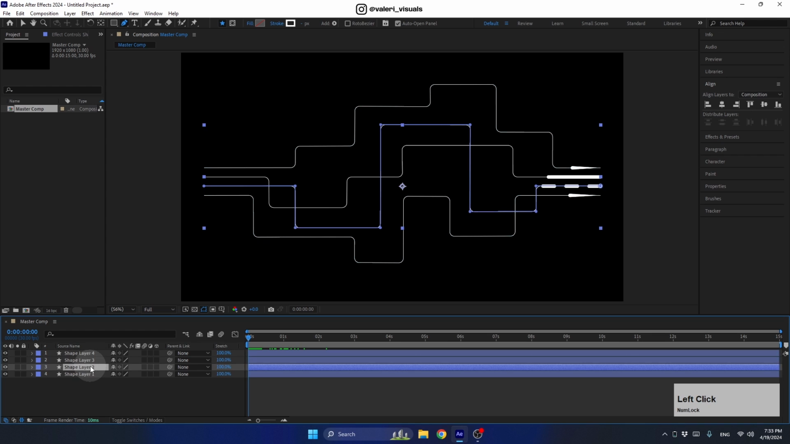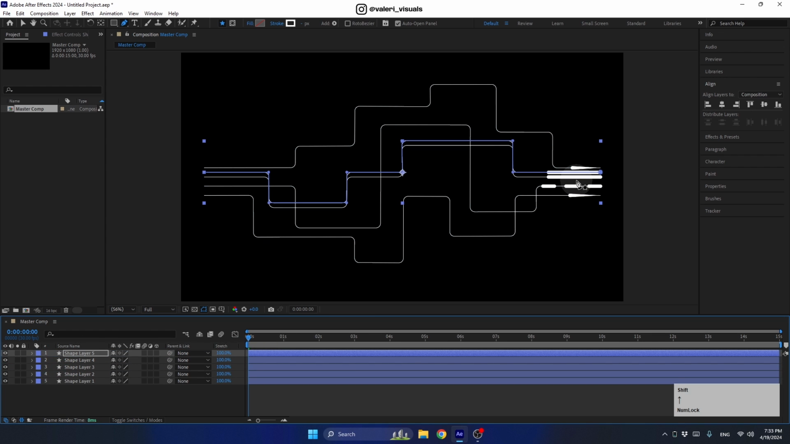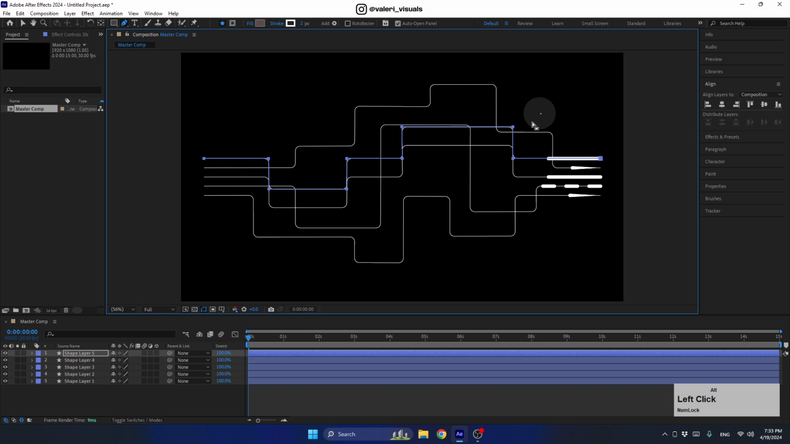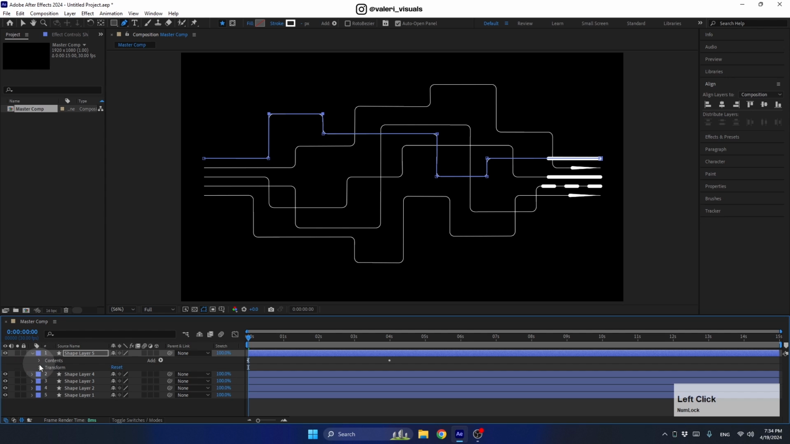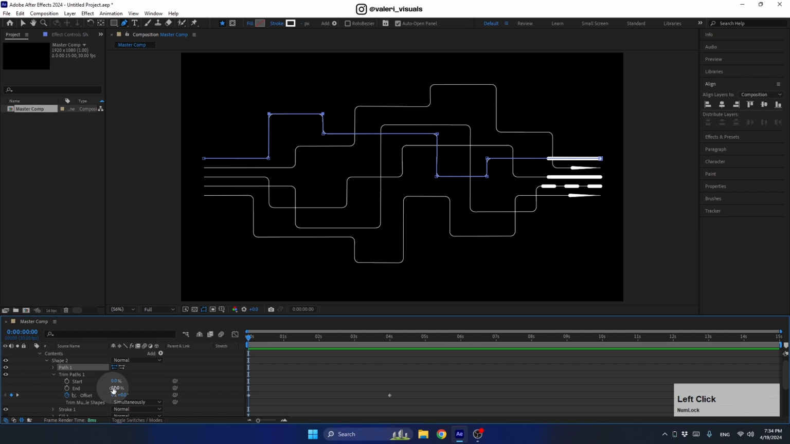Alright, so now I want to duplicate this one. I'll bring this up and I'll move this layer around here above all this. Let's change the shape of this path to get a little bit more interesting look. And for this one, I can go to the trim path and I'll shorten the end property as well to